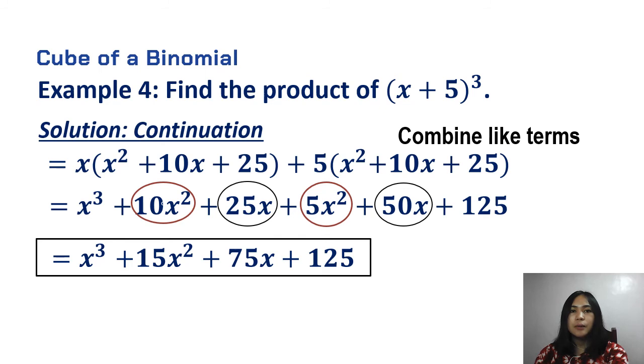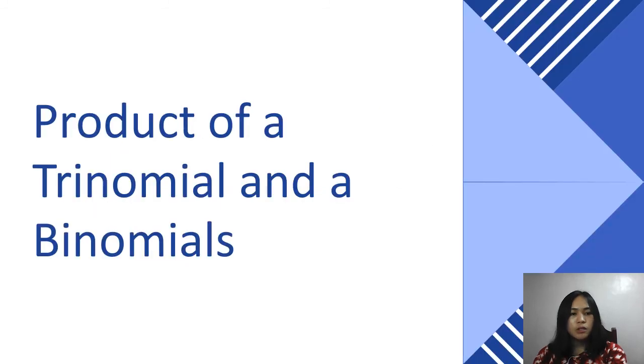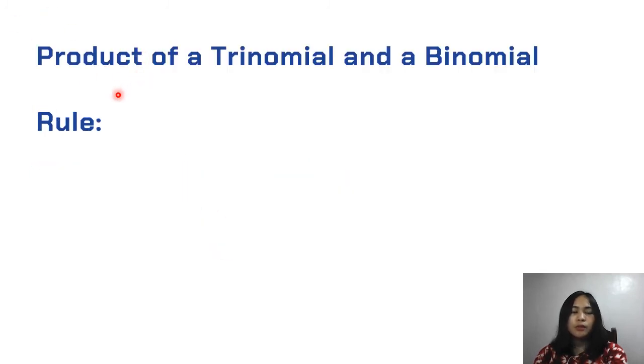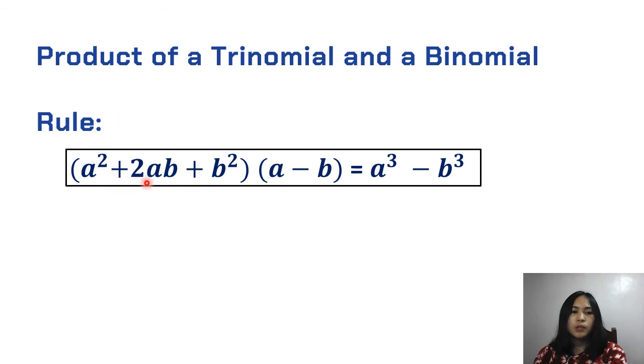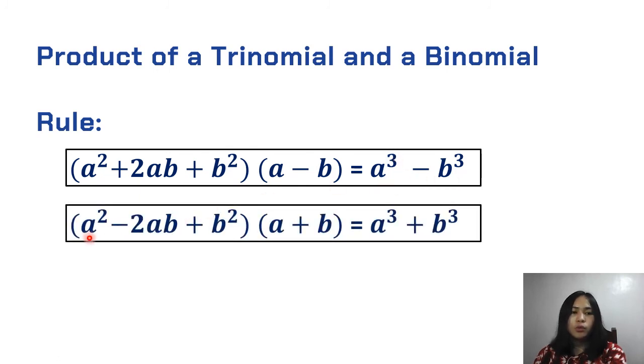Okay, that's it. Now, for the last special product, we have the product of a trinomial and a binomial. So now, we have this rule, a squared plus 2ab plus b squared multiplied by a minus b is equal to a cubed minus b cubed. And another rule, a squared minus 2ab plus b squared multiplied by a plus b is equal to a cubed